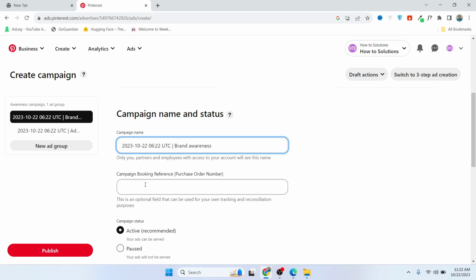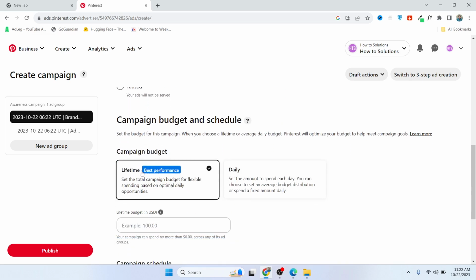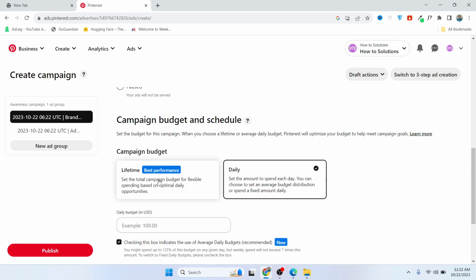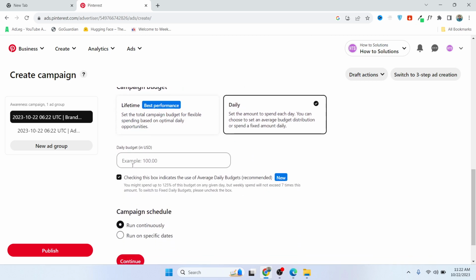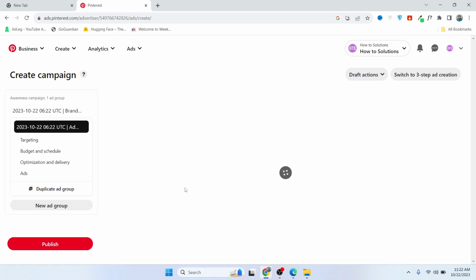So this is good. You can change that campaign booking reference, and campaign status you can select, and campaign budget, daily or lifetime. So I want daily. For example, $2 per day. And if you want, you can run continuously or run on specific dates. So I want continuous run. Click on continue,